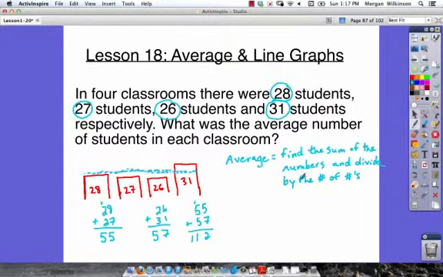Now we have to divide by the number of numbers, and you can see there's 1, 2, 3, 4 numbers total that we started with. So we're going to take our 112 and we're going to divide it by 4. 112 divided by 4 is going to tell us what the average is. It's how we could level off our bar graphs. So 4 times 2 is 8. Subtract 8 from 11, we get 3. We're going to bring down the 2, we've got 32. 4 is going to go into 32 8 times,